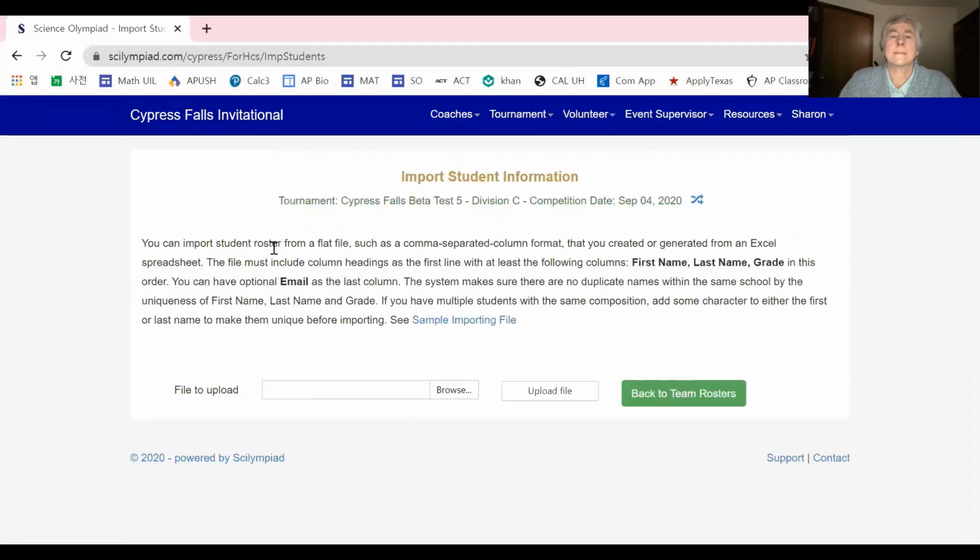What this import students feature does is let you upload your list of students into the website, and the website will automatically add the student list into your student roster. So it can be a very convenient feature. However, you need to make sure that your Excel file is in the correct formatting. It needs to have a first name column, last name column, a grade column, and it can also have an